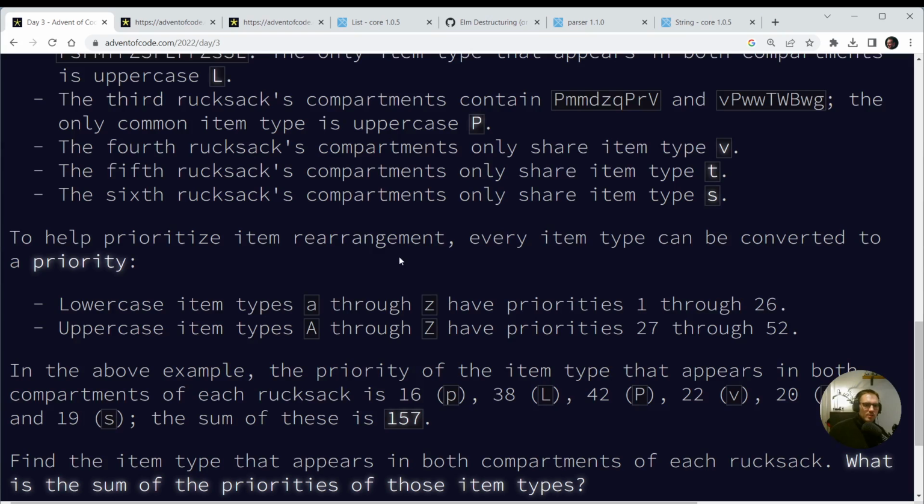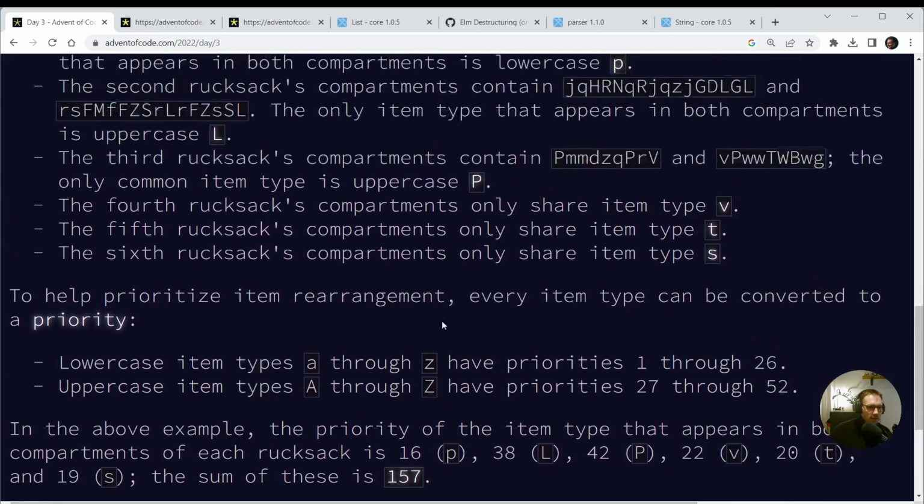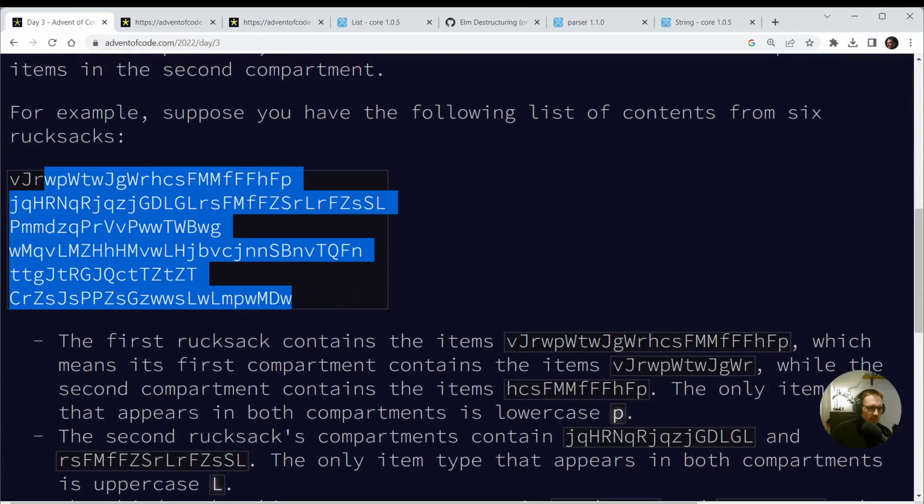Okay, so lowercase items have priorities 1 through 26 based on their index in the alphabet. Uppercase priorities 27 through 52. In the above example, the priority of the item type that appears in both compartments is, okay. Find the item type that appears in both compartments of each rucksack. What is the sum of the priorities of these item types? Okay, so I am right. The first thing we need to do is figure out the item that is in both halves of the input. So